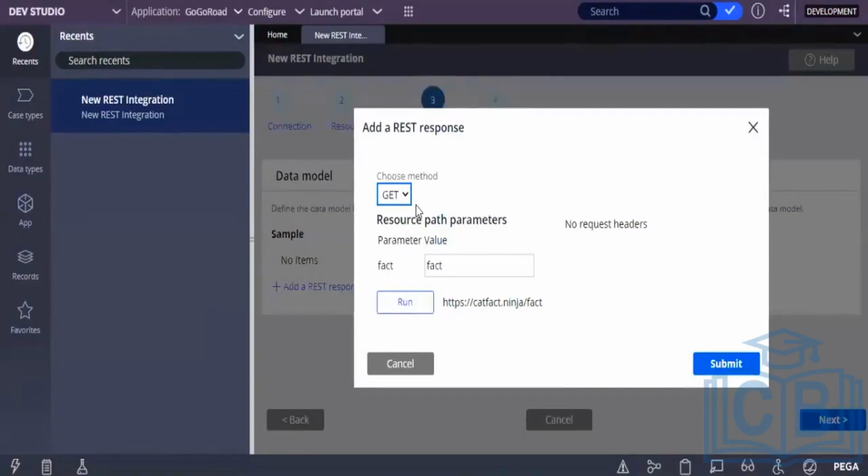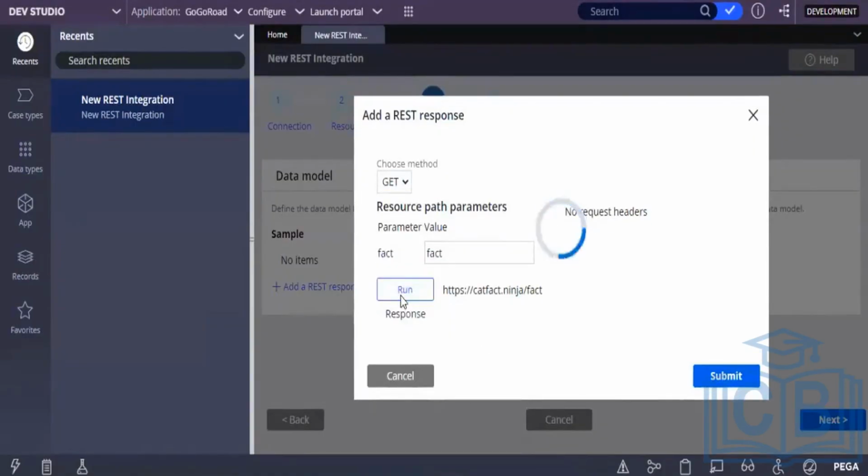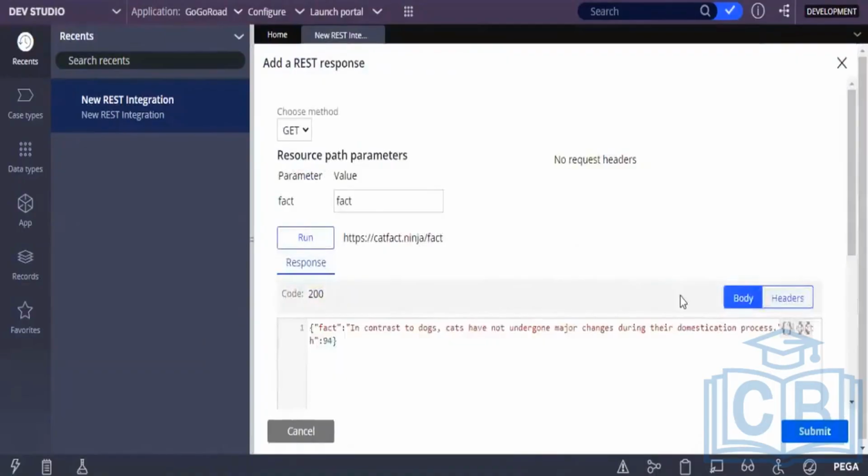Resource path parameters are for here. Click on run, click on run. You are getting the response right now.